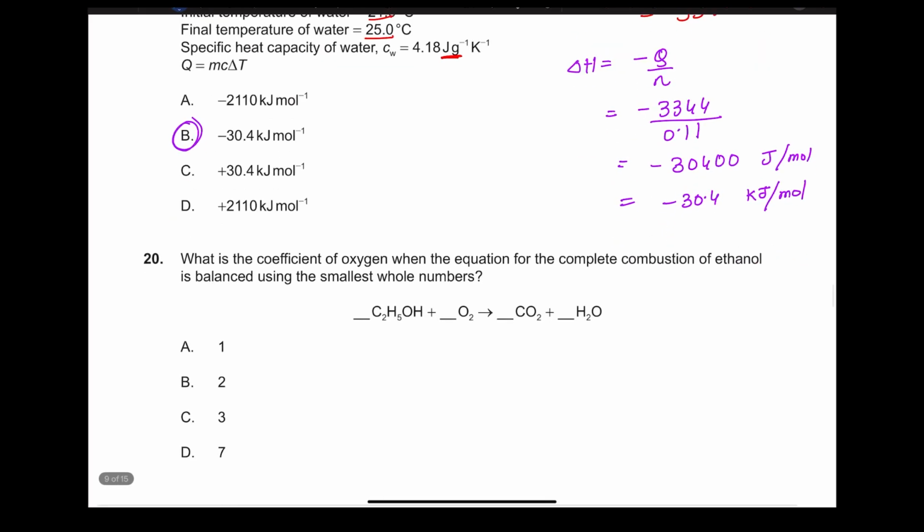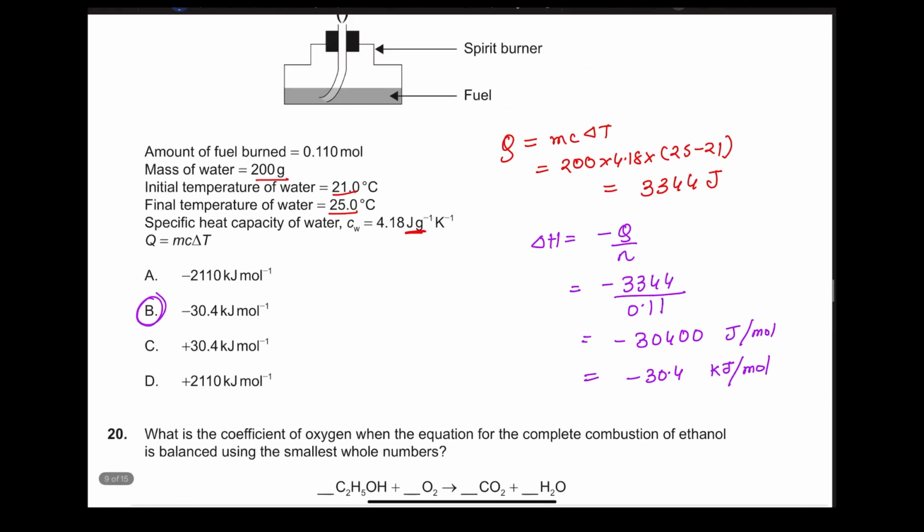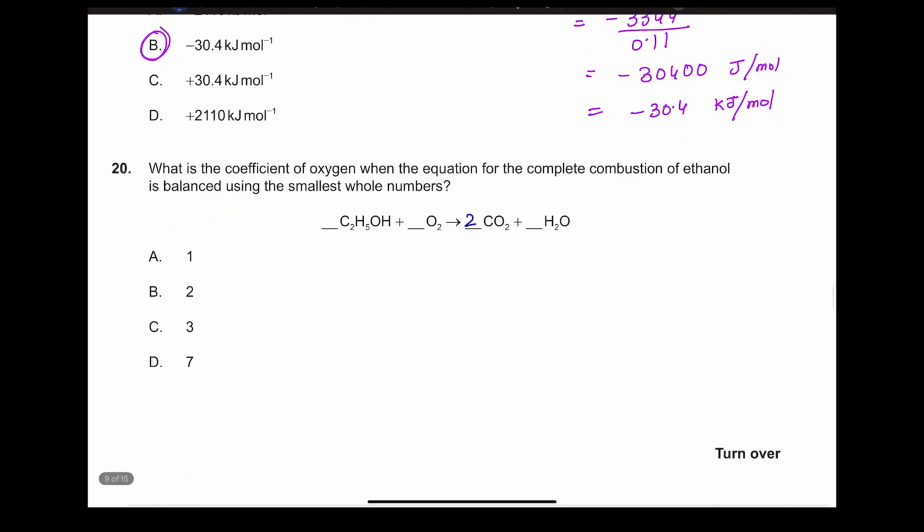Now next we just have to balance this reaction and we have to report the coefficient of oxygen. So first I'll balance the carbon. So I should place a 2 in front of CO2, right? To balance hydrogen, there is 6 hydrogen on the right. Yeah. And just place a 3 in front of H2O. We'll make 6 hydrogens, right? The number of oxygens on the right side will be 2 times 2, which is 4, and 3 oxygens